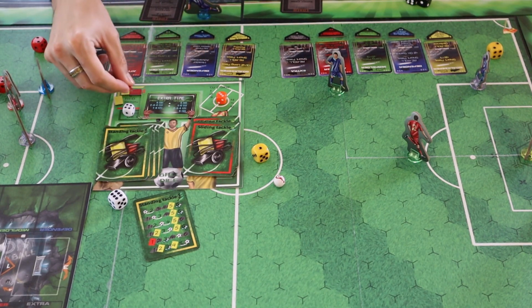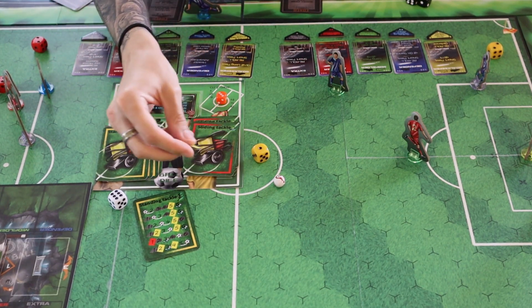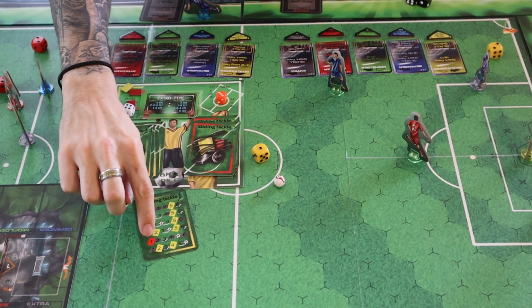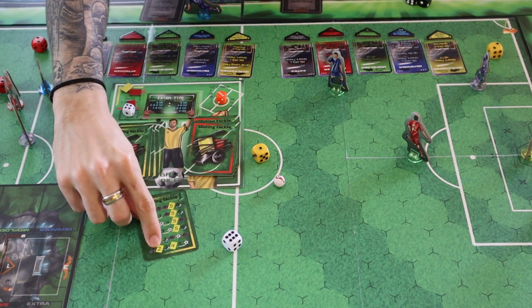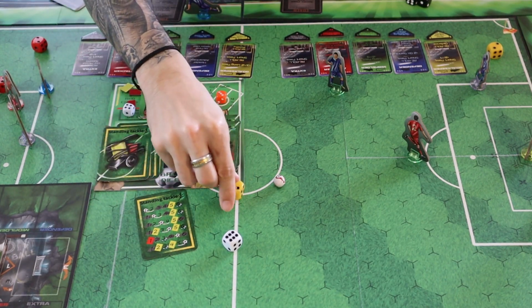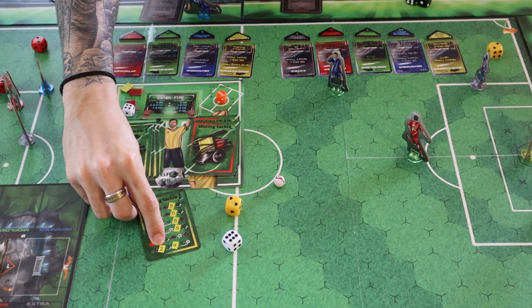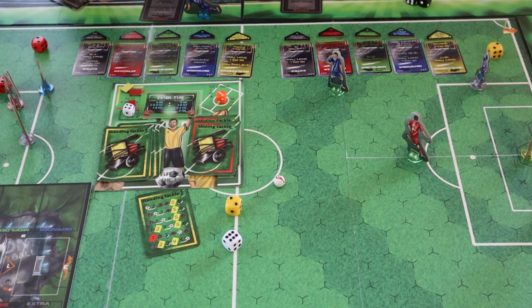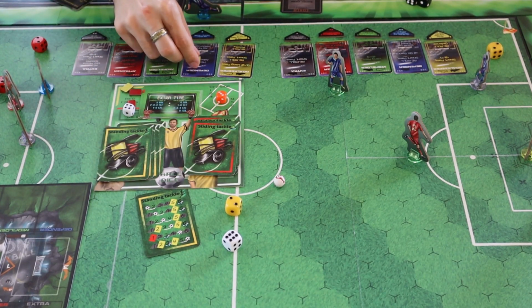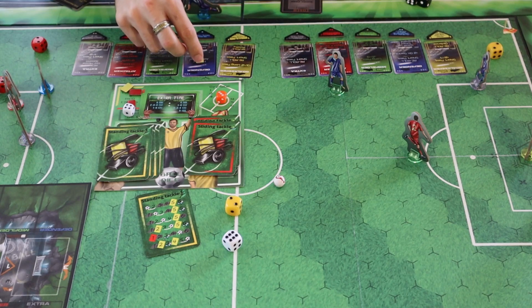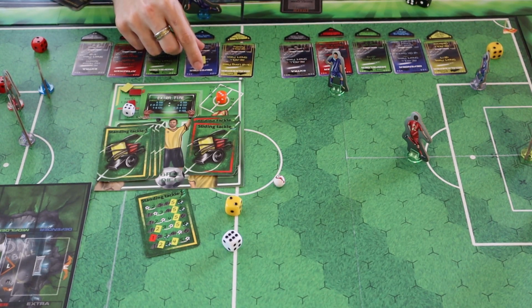If, for example, it was a yellow card, I don't know, there is no yellow card in this row, but let's say the ball dice is 6, and he rolled 2. I hope you can see the card. Number 2 is a yellow card. So what do you do then? You take the yellow card, put it on the player skill card, and that skill that you covered is lost for the rest of the game.